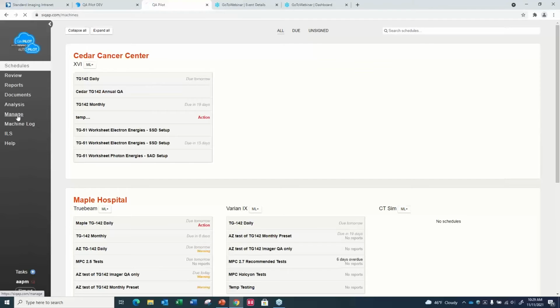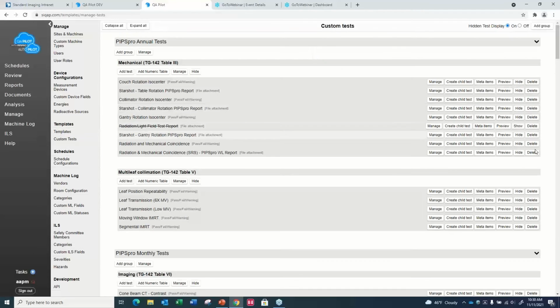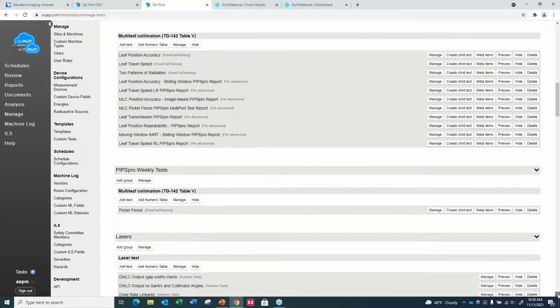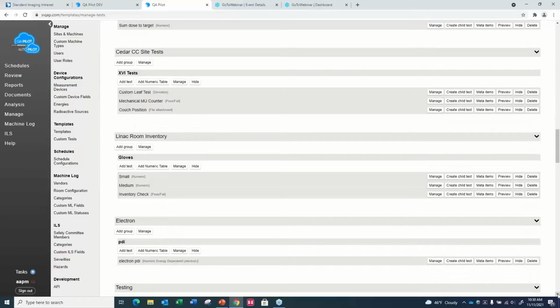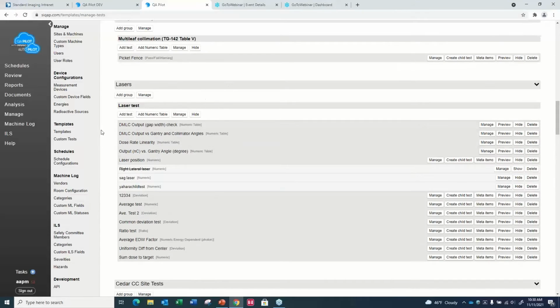A couple of things I want to highlight before we end here, because I really did show you what's in the PIPSpro AutoPilot is about QA Pilot in general. We have those great templates to get you started, but we also realize that for an awful lot of people that only gets you part of the way. So I've created a whole bunch of additional items here. I just want to get back to my playground, which happens to be my laser tests here,